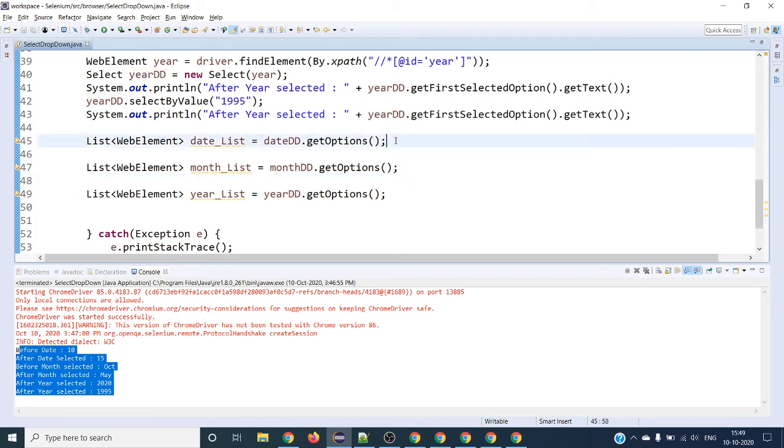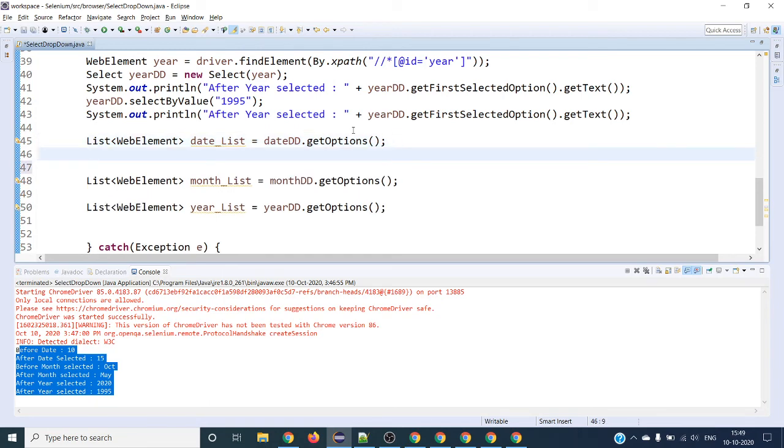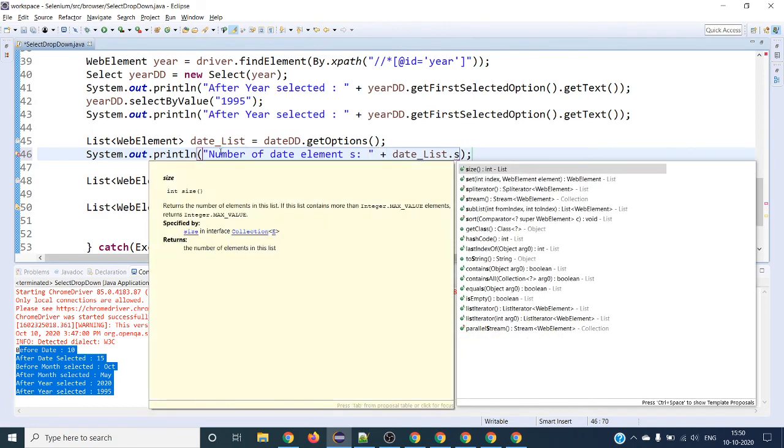What is the condition we have to validate here? One is the number of elements it has to give. For the number of elements, we can get the list size. That's it, it has to give that. So we can name it number of date elements, and give dateList dot size.